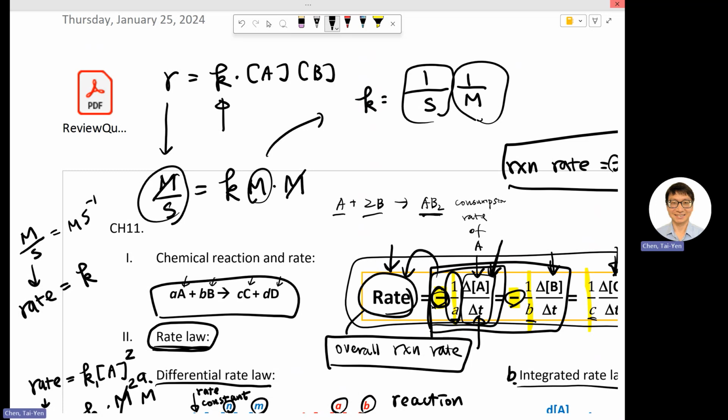But here we're talking about the unit of your rate constant, because the unit of your rate constant will tell you the reaction order. Knowing the reaction order is essential for this chapter. So if I see this unit, do I know the reaction order? Or if I know this reaction order, do I know the unit of my k? You need to be able to switch between these two concepts. That is very important. Is that clear? So to recap,